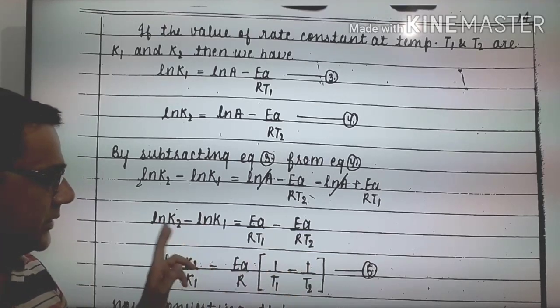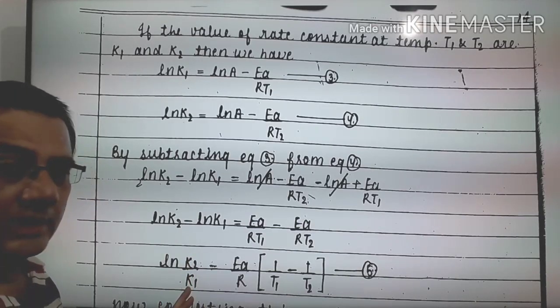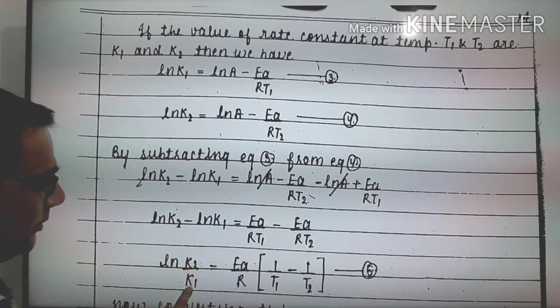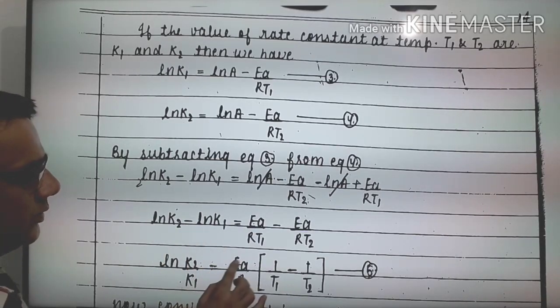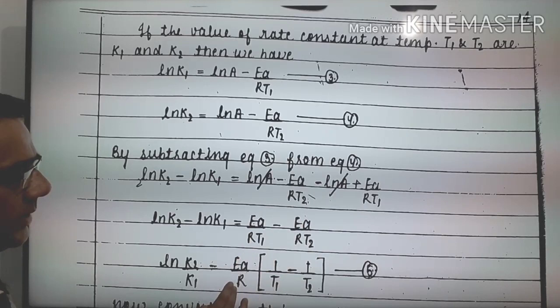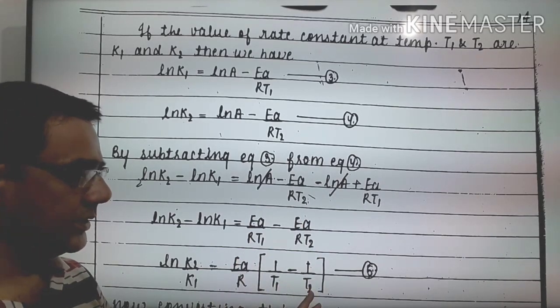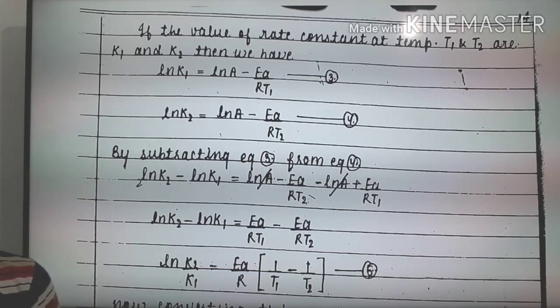In the log, the things which are in the subtraction form come in the division form. So ln K2 upon K1 is equal to E upon R, that is common, and what is left inside is 1 upon T1 minus 1 upon T2. This is the expression. And now see, afterwards,